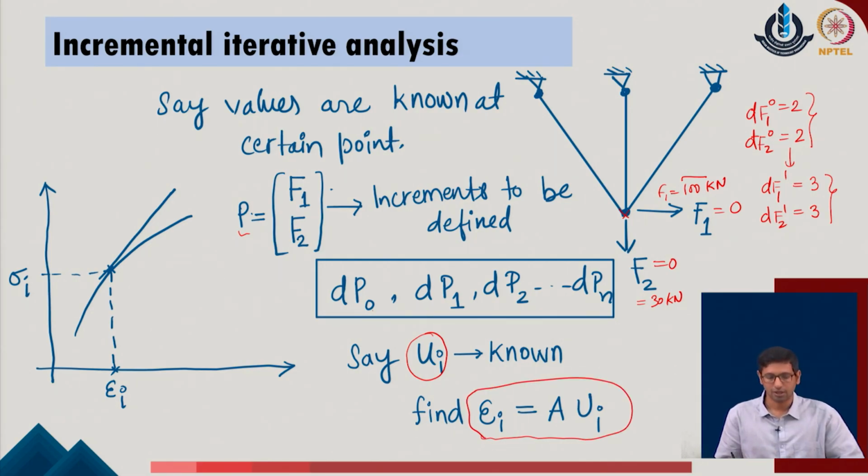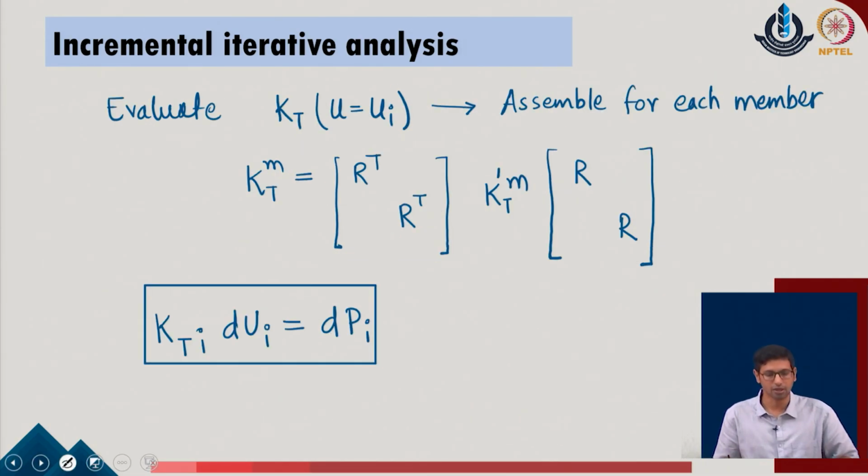Now, beyond that we can come up with the simplistic analysis where, based upon the epsilon i, the user can define the Kt, which is the tangent stiffness of the given system, and that tangent stiffness can be multiplied with the displacement increment of the given system, which is unknown to us, equal to d of P. So, any load increment which the user defines, say at the first step, has to be considered, and corresponding to that I will obtain the value of the tangent stiffness in the given system, and based upon that I will be able to evaluate the unknown value of the du in the given system. So, if we look at this part, we evaluate the k at u equal to u of i, knowing the value at that particular point.